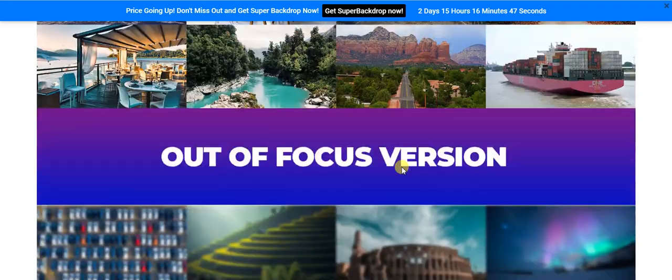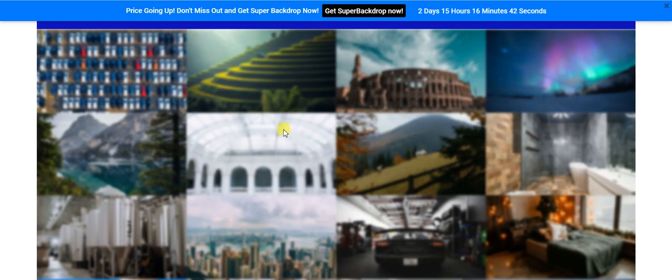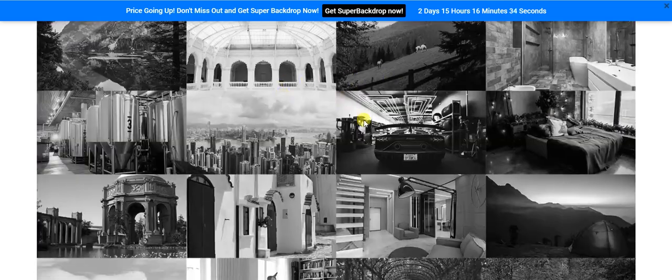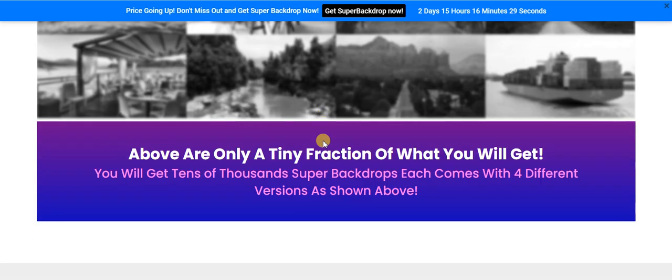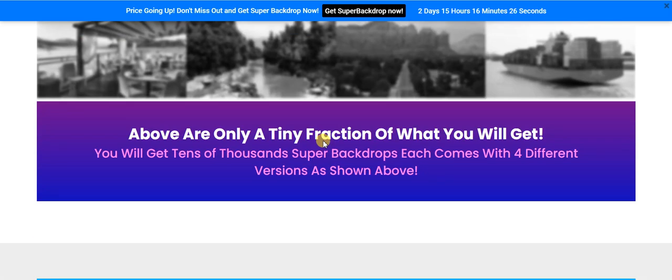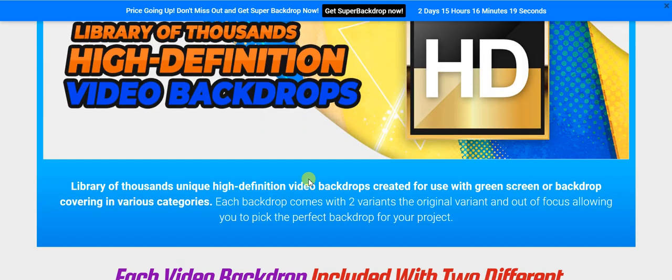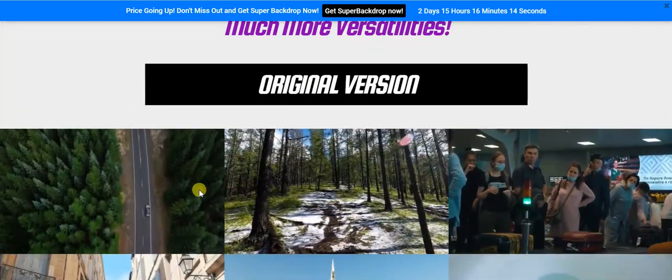So go to the next version, the out of focus version. As you can see, this is the out of focus version, which you can use as your video background. So let's move on, the black and white version. Move on, black and white with out of focus. All of these you can use as backgrounds in your video edit. A library of thousands of high definition video backgrounds you will get in this product. Original version, video version. You can see here is the clear video version, the out of focus version,